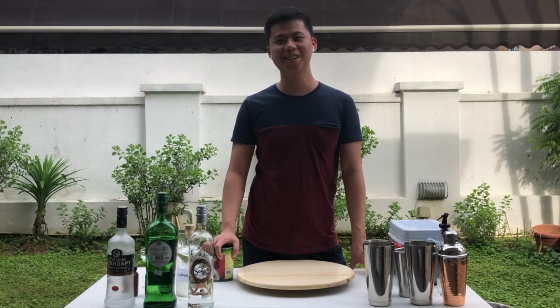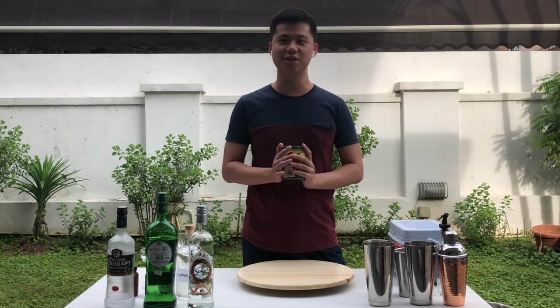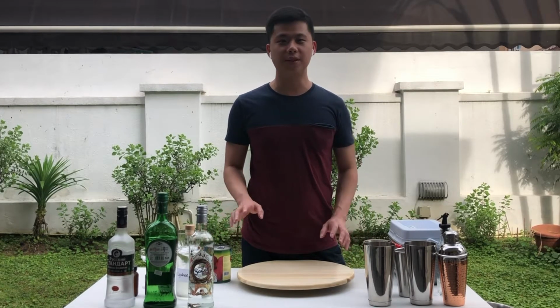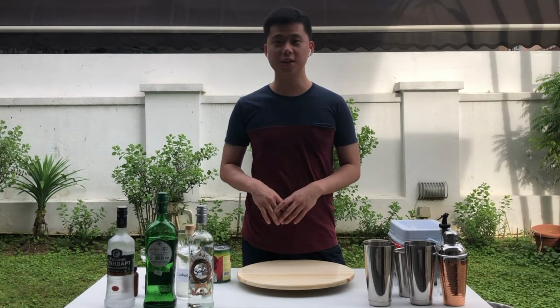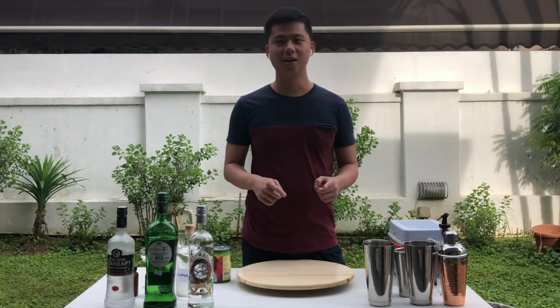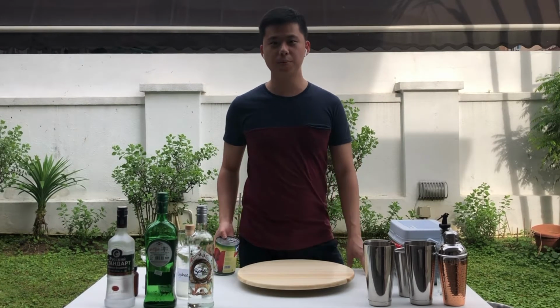Welcome back everyone. So today we'll be exploring making cocktails using lychee, and in this case canned lychees. Why canned lychees? Because, one, they're easier to find, and two, lychees are seasonal, a bit more expensive and harder to get. What we are trying to do here is to use something very simple and make amazing cocktails using it. So today, like I said, we'll be using canned lychees, and specifically we'll be exploring how to